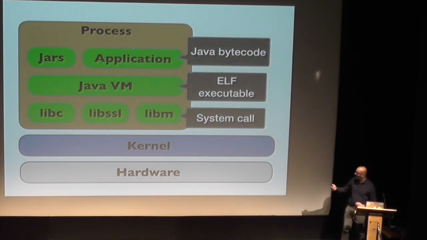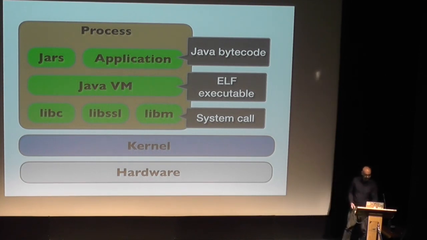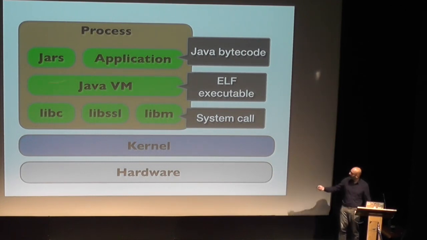So in the case of a Java machine, for example, you might have the bytecode. You might have an executable that you've compiled, which is the actual native code Java virtual machine. And then you've got all these libraries I talked about, which let you interact with the system below in order to make it all work. And this is a very prescriptive process, right? There's no choice here. You have to obey this particular architecture in order to work with this operating system, with Linux or with Windows. That's it.